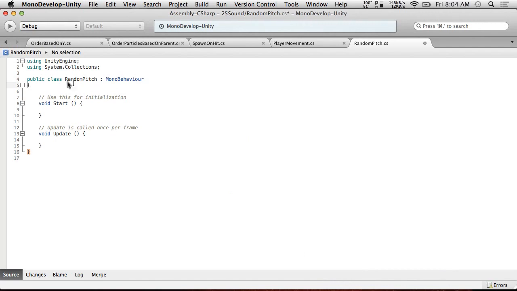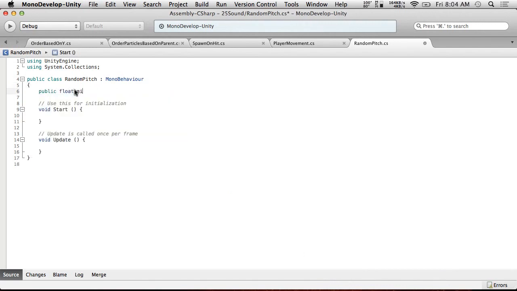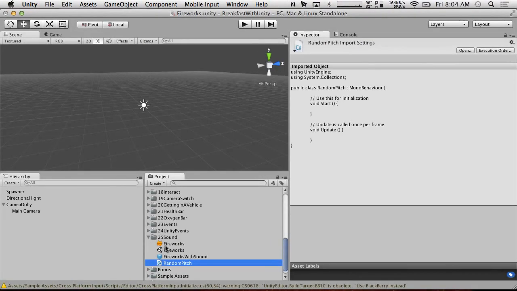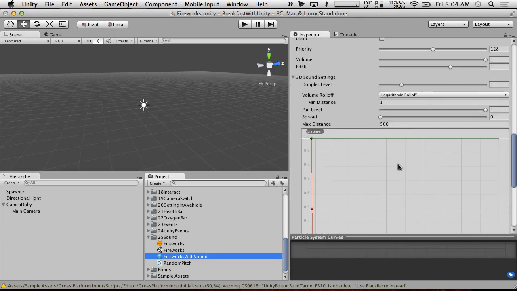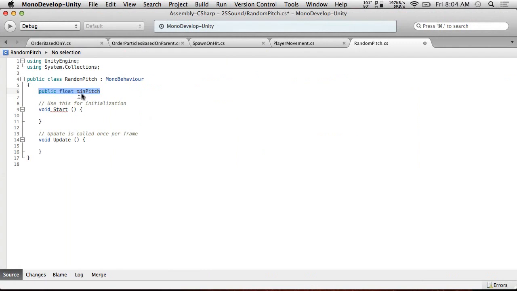And what we're going to do in random pitch is we're going to have a public float min pitch. Actually, let's make it an offset. Let's make it offset from the current setting of the pitch, just in case you wanted to change the pitch manually. Like you can change the pitch here just as a slider. So I'm going to make it so that we support that. So we're just going to call this pitch offset,